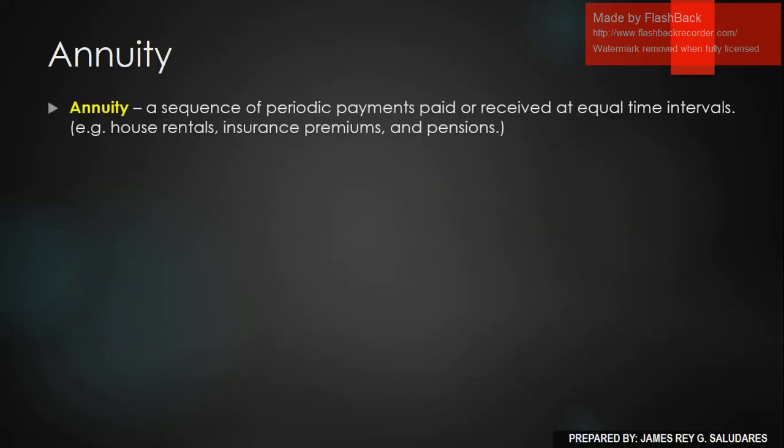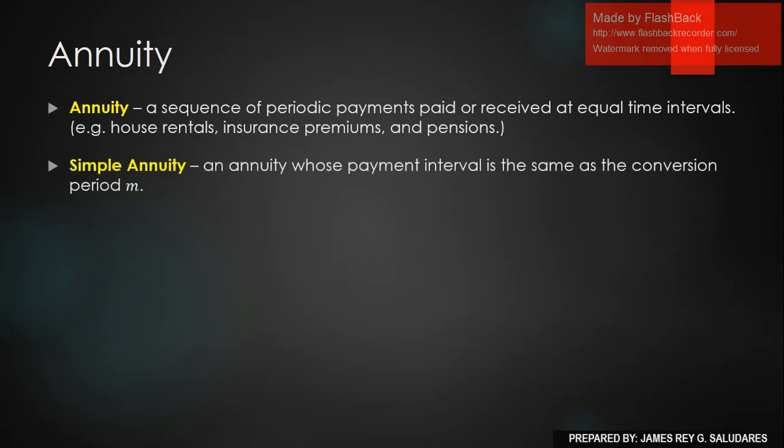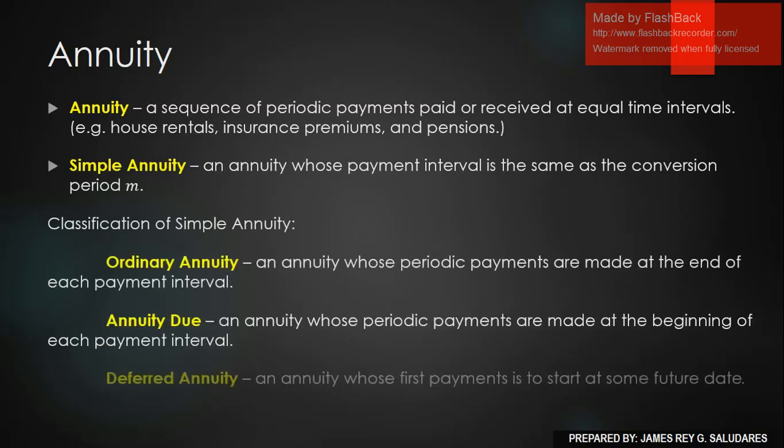So let's review. What is annuity? An annuity is a sequence of periodic payments paid or received at equal time intervals. Examples are house rentals, insurance premiums, and pensions. A simple annuity is an annuity whose payment interval is the same as the conversion period. There are three classifications of annuity. Last time we discussed ordinary annuity,